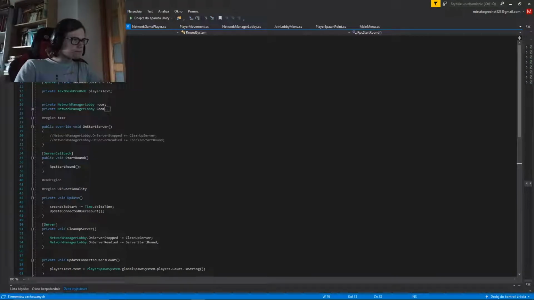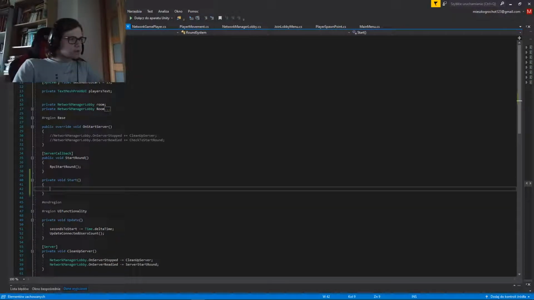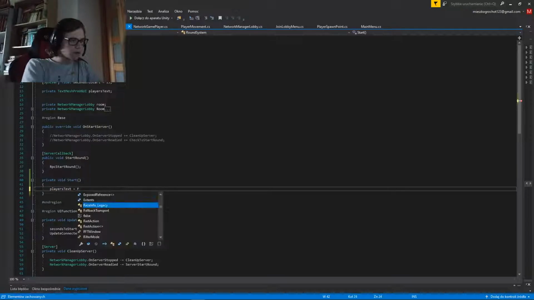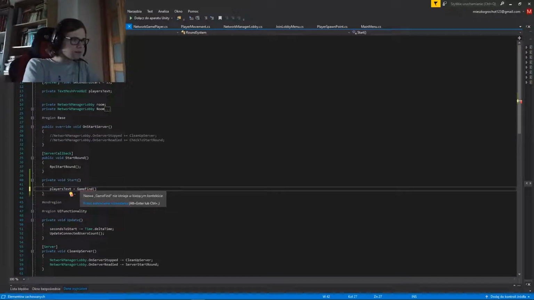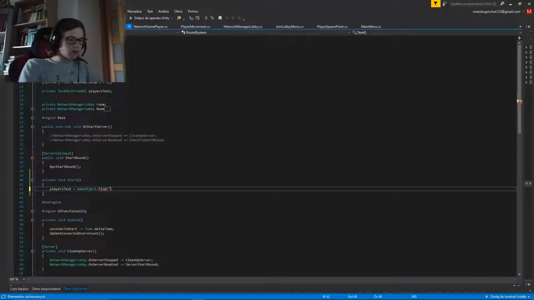So where is start? Start. So in start we will be... players text equals find game object with tag, no, find a game object dot find. That's how it was. No, not like this. Okay. Yeah, so game object dot find, and now the string will be